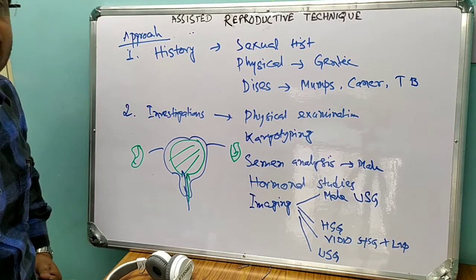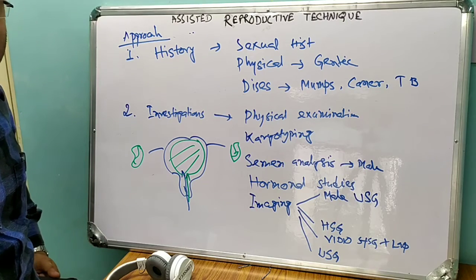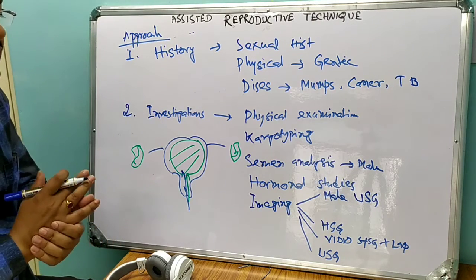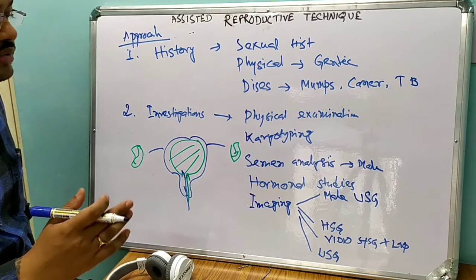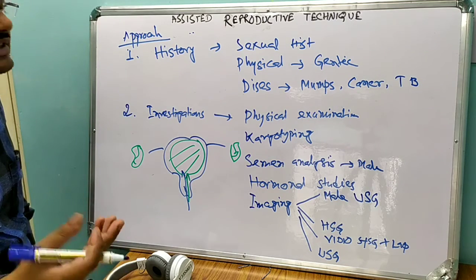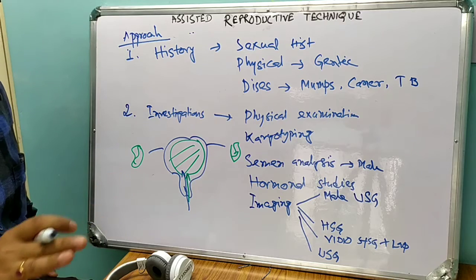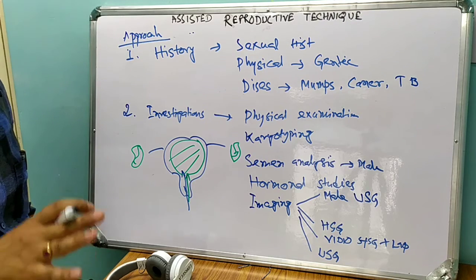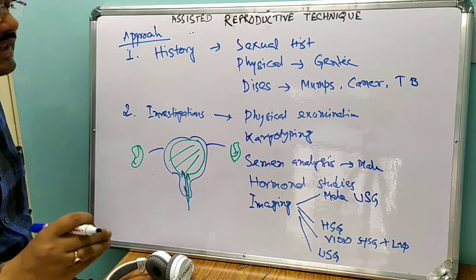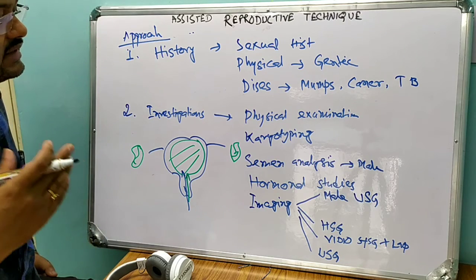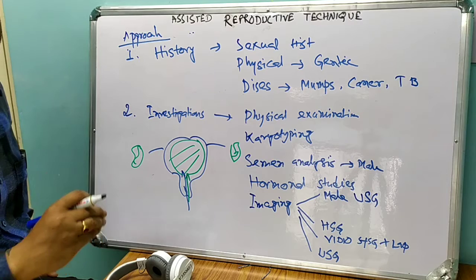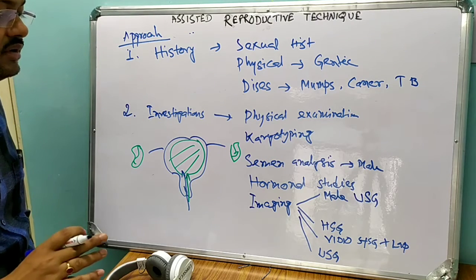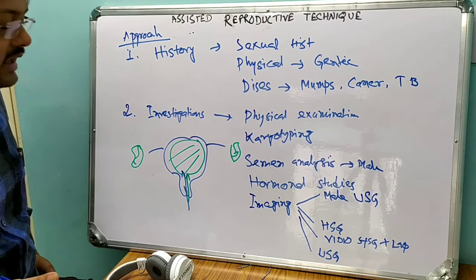Secondly, you can check whether ovulation is occurring or not. That is known as an ovulation study. What we do is serial USGs, and we follow up one mature ovum, one mature Graafian follicle, and we see whether that Graafian follicle has ruptured or not, and whether there is fluid in the pouch of Douglas or not. So that you can get an idea.